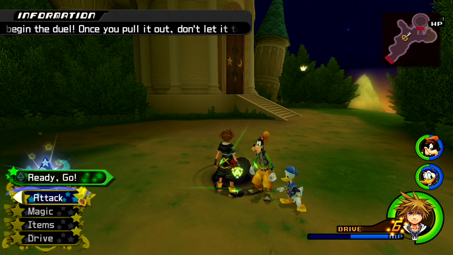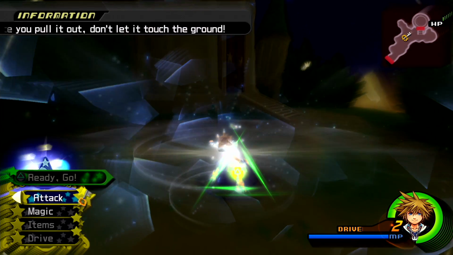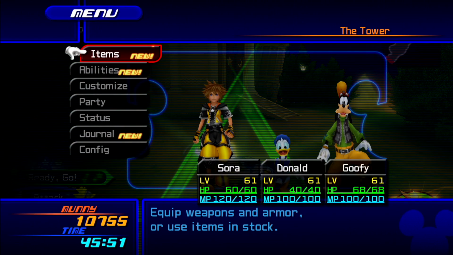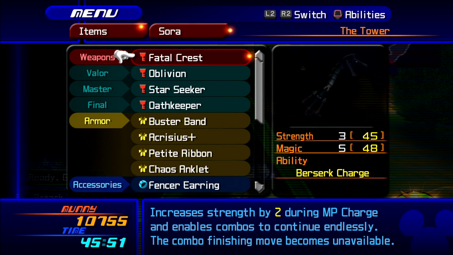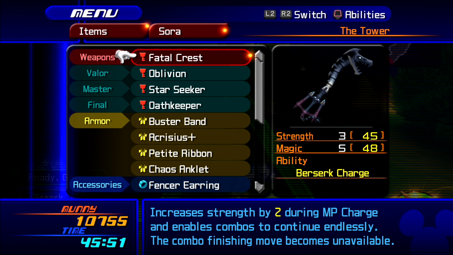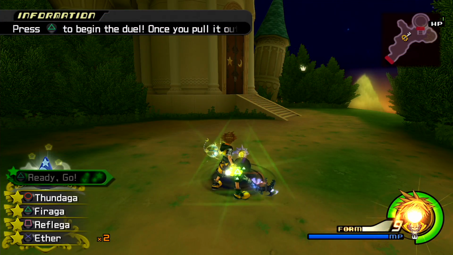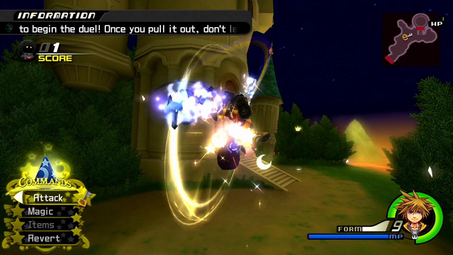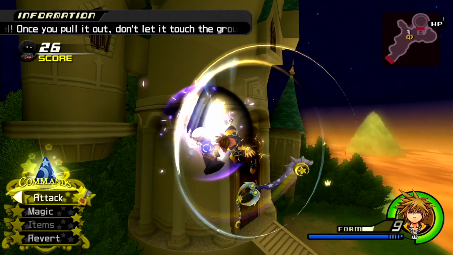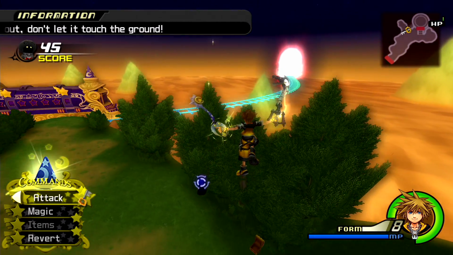So if you have trouble like me, what I think is the next best thing is to go into master form and make sure you have Fatal Crest or Berserk Charge in any kind of way. As long as you have Berserk Charge, you're good. Use Cure, pull him out, and just keep attacking him. Do not let him touch the ground. And this is why having Berserk is so useful. You can just keep going and keep going, but here's the...